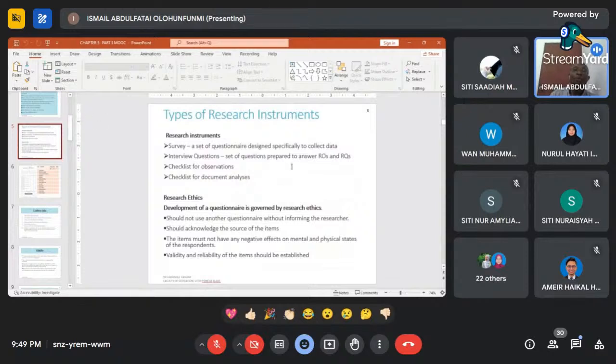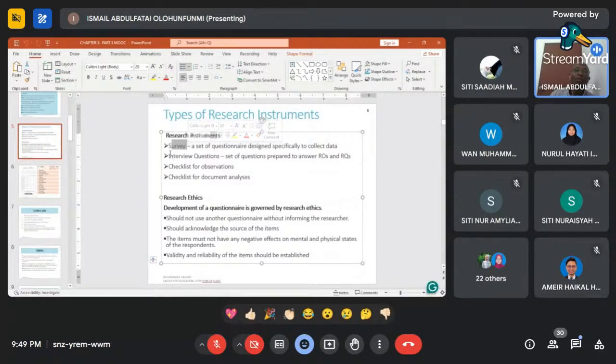So, types of research instruments. We have survey, we have interview questions, we have checklist for observation, and we have checklist for document analysis. However, on the aspect of research ethics,